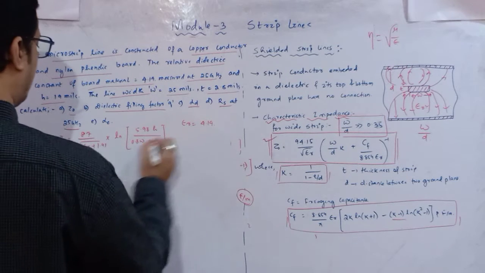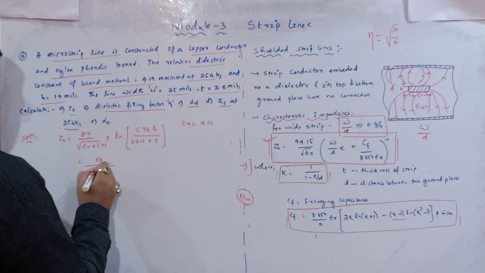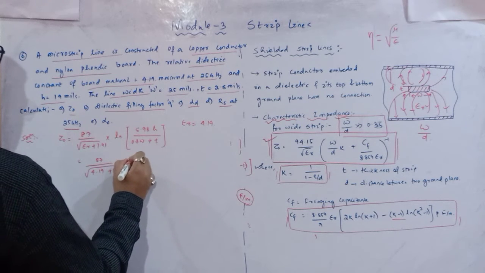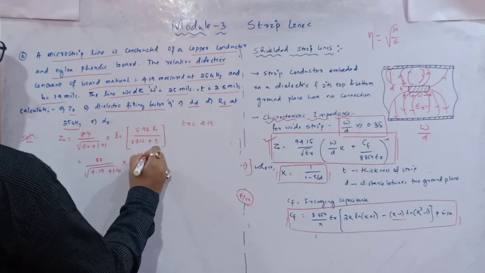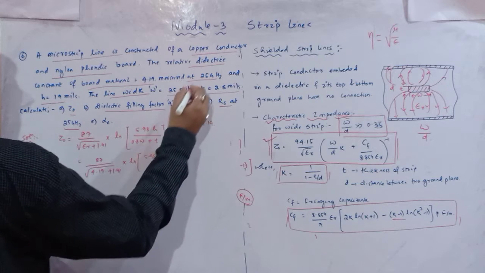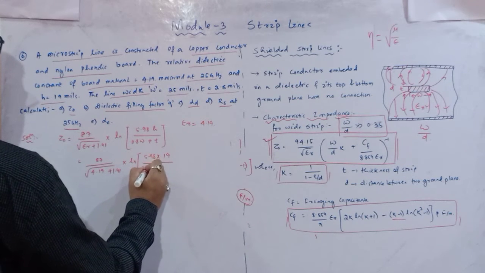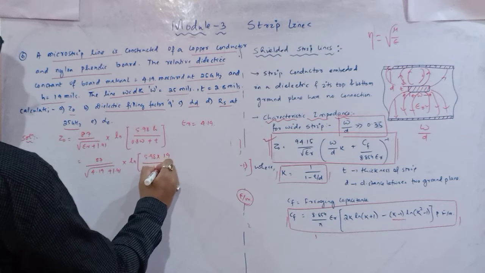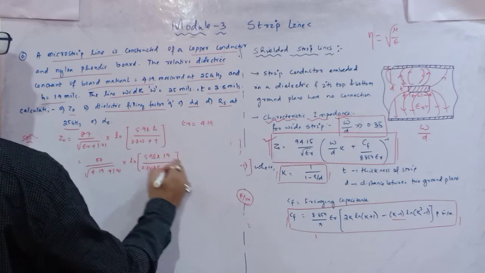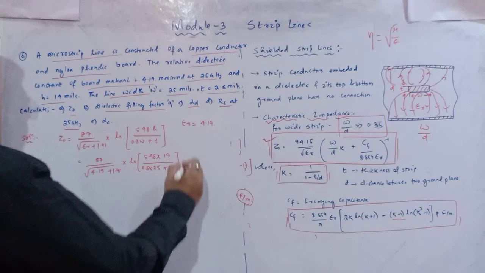Okay, so it is 87 divided by the square root of 4.19 plus 1.14, then ln of 5.98. What is the thickness of the substrate? It is 19 millimeter. Width of the line is 25 and the thickness is 2.8. So if you solve this, you will get your characteristic impedance whose unit is ohm.